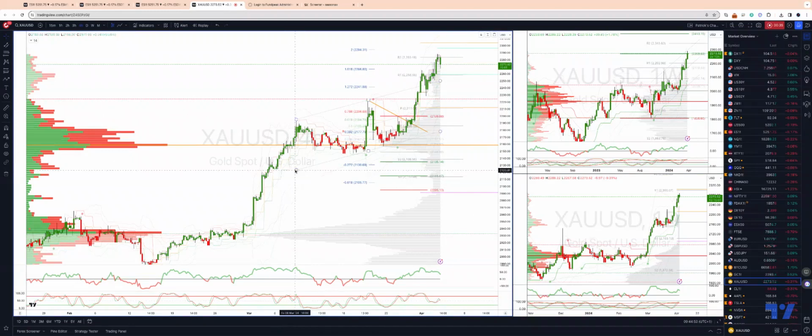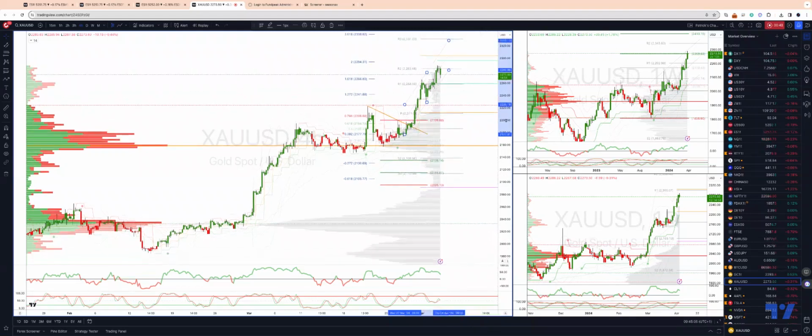And you can see that with the acceleration from the triangle, we have a new steeper trend channel in play here. Whilst we maintain support now at the 2264, I will be looking for a break through the current cycle highs to take us up to have a look at 2300. We have weekly projected range resistance there. And from there, I think we could see a more sustained pullback, something similar in scope and scale to what we saw